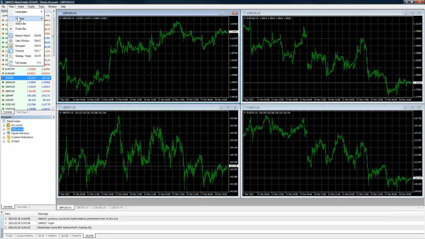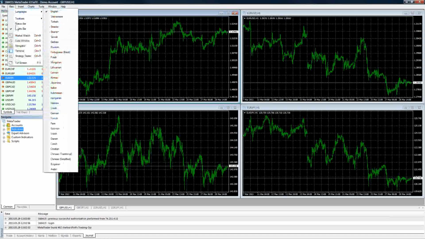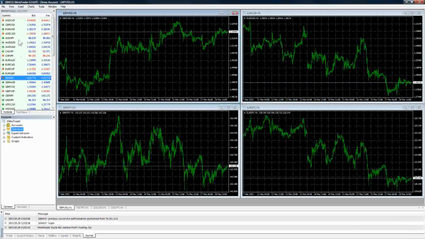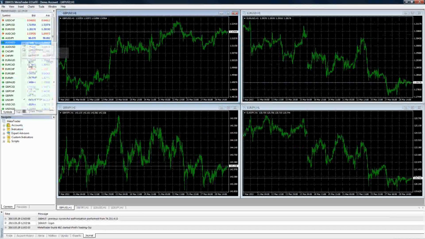Under the view, you're going to find yourself probably popping in here every once in a while, but you've got several different things that you can do to customize it, from languages down to what you see in the way of your different windows. Now, the three most used are Market Watch, Navigator, and Terminal, of course. So on your Market Watch, we talked about in the last module, we talked a little bit about right-clicking anywhere on the module.